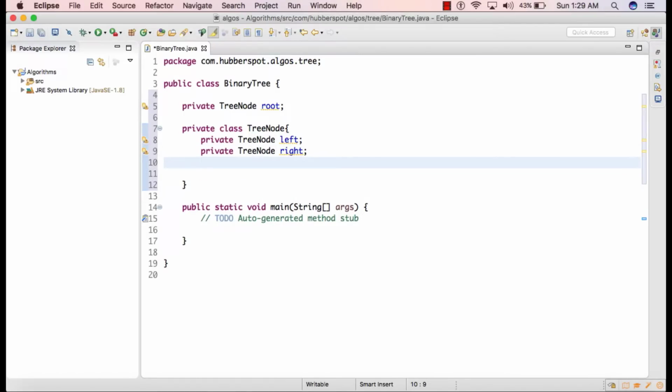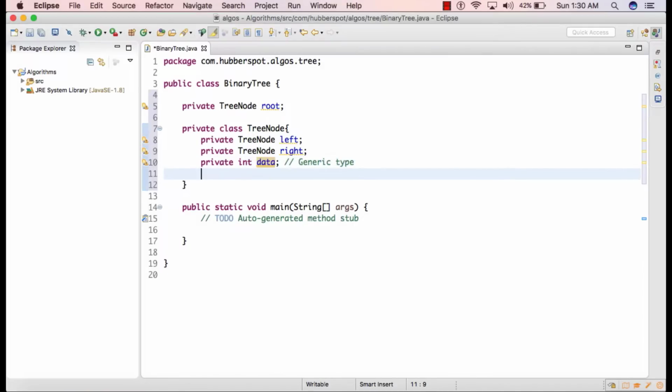And this tree node, along with holding the left tree node and the right tree node, will also hold the data. So we are creating an integer type which will actually store the data. This can be any generic type, not necessarily integer type. We can store any data into this tree node. So in this tutorial I am taking the integer data.